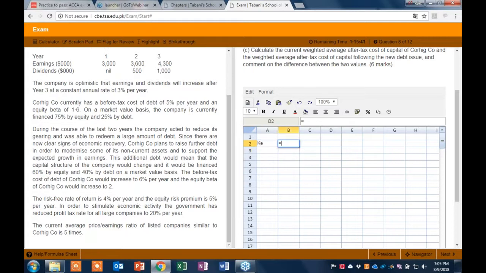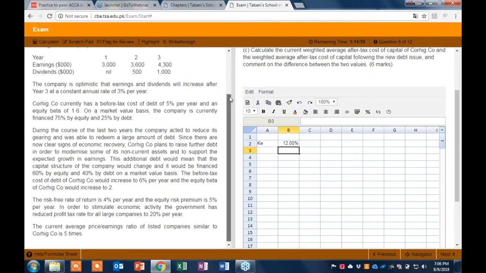So cost of equity will be equal to the risk-free rate of return, which is 4%, 0.04, plus equity beta. The current equity beta of the company is 1.6 into the risk premium, which is 5%. So the cost of equity of this company is 12%. Now we have to use this cost of equity as our discount rate for calculating present value of the dividends. Now, according to the question, in the very first year,